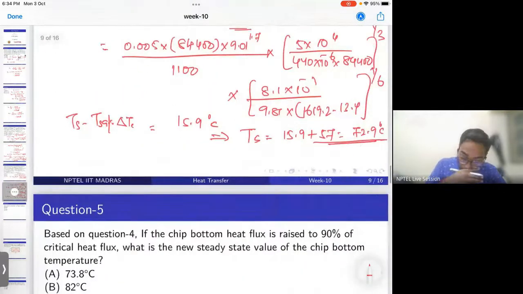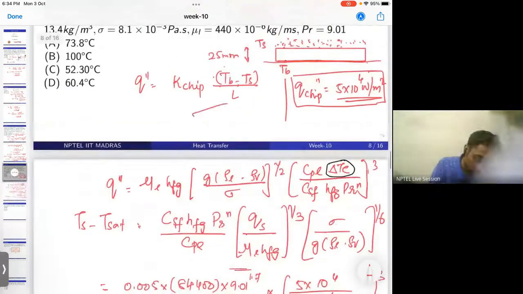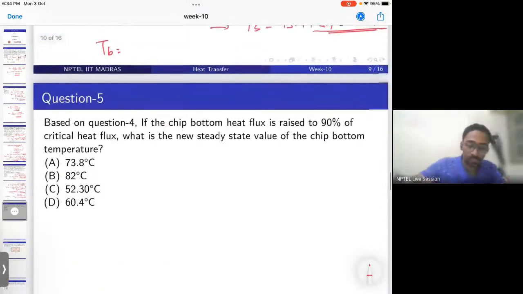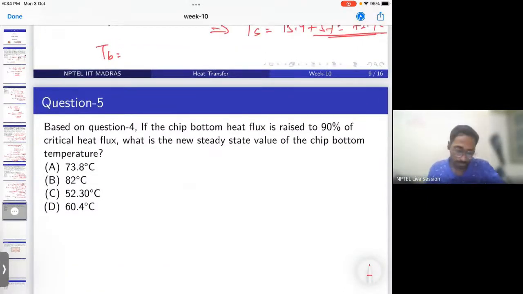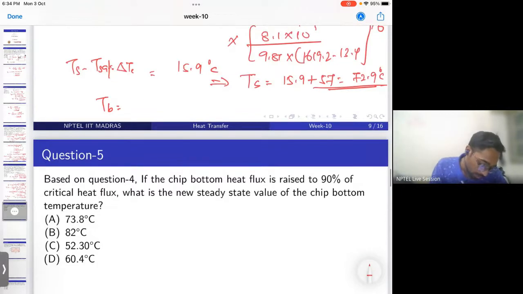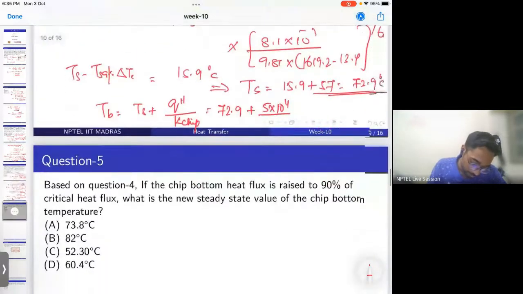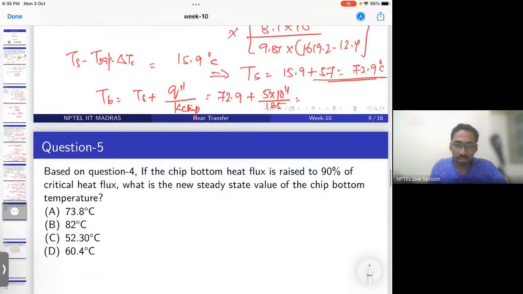Now that we have found the surface temperature of the chip, the bottom of the chip from this expression is Ts plus the heat flux divided by the thermal conductivity of the chip, that is 72.9 plus 5 into 10 raised to 4 divided by the thermal conductivity of the chip, given as 135. So this will come out to be